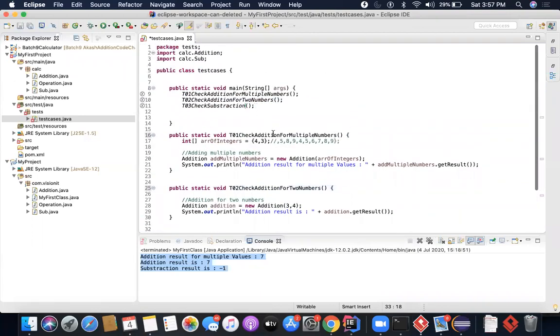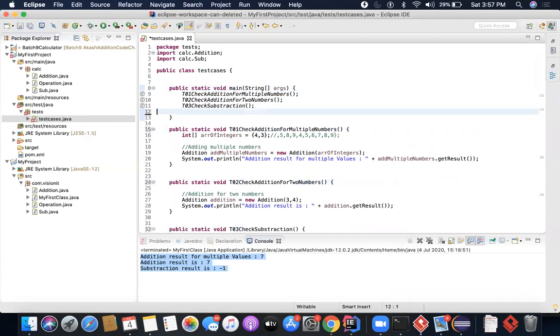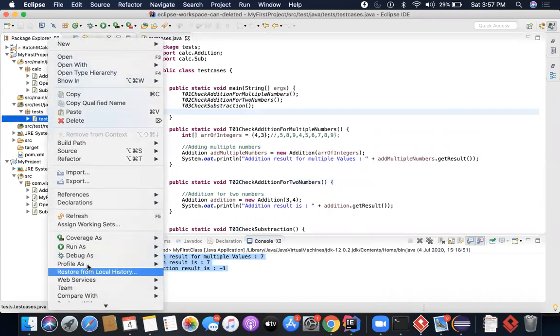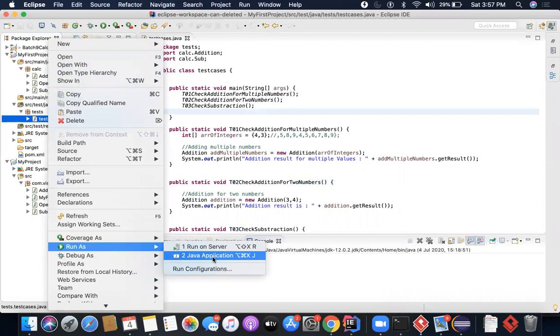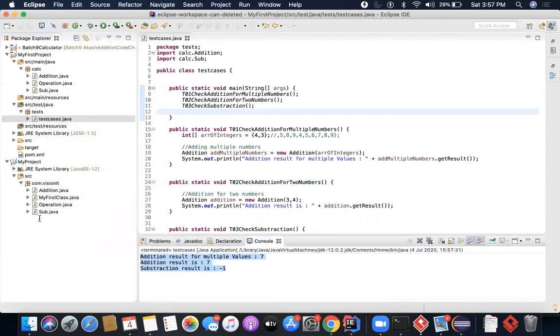Java, if you're calling a method from a static method, those methods also have to be static. We'll talk about static later, don't worry. So one way of running the test case is this. If I want to run it now, run as, I will be able to run it. If I do Java application run, my application runs. No worries here, no issues.